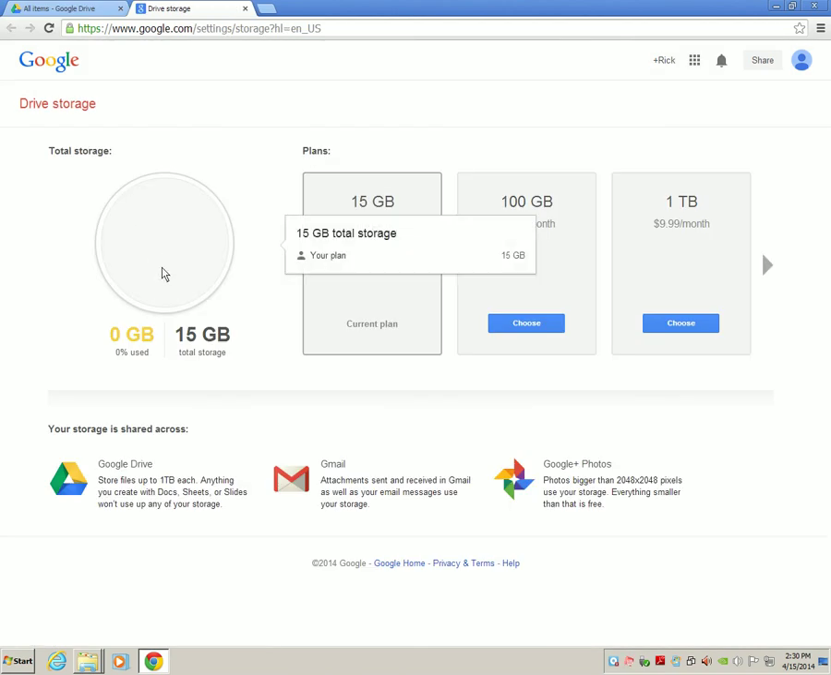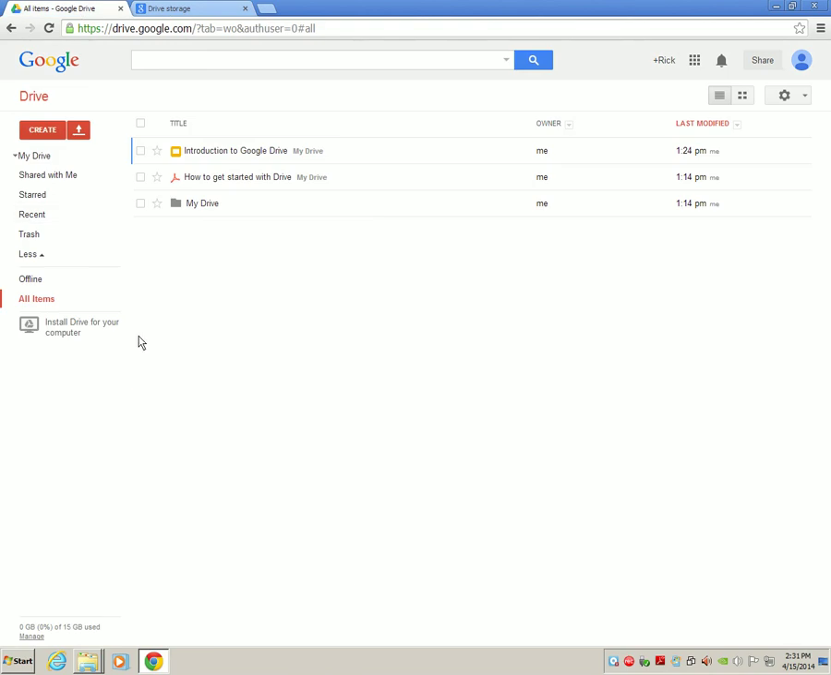If you click on Manage, it gives you total storage, and it also gives you plans. So let's say that 15 gigs was not good enough for you, and you wanted to move up to 100 gigs. Well, it would cost you about $2 a month to do that. If you wanted 1 terabyte, it's going to be $9.99 a month. But for right now, I believe that 15 gigs is good enough for me at the present. So this is basically an overview of what Google Drive is, and I hope you stay tuned for my future